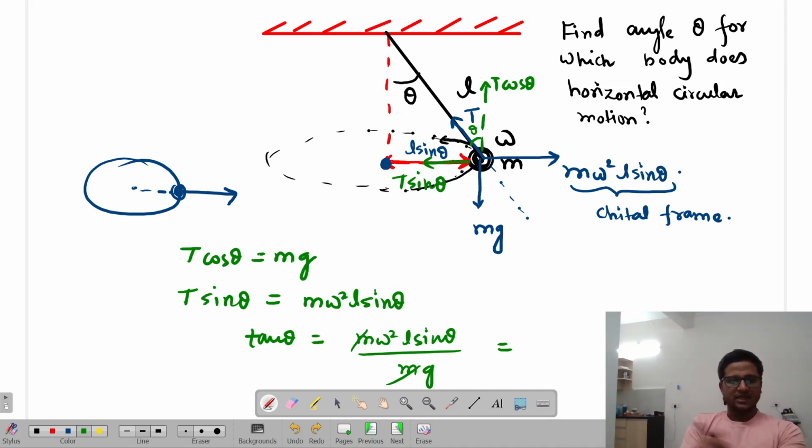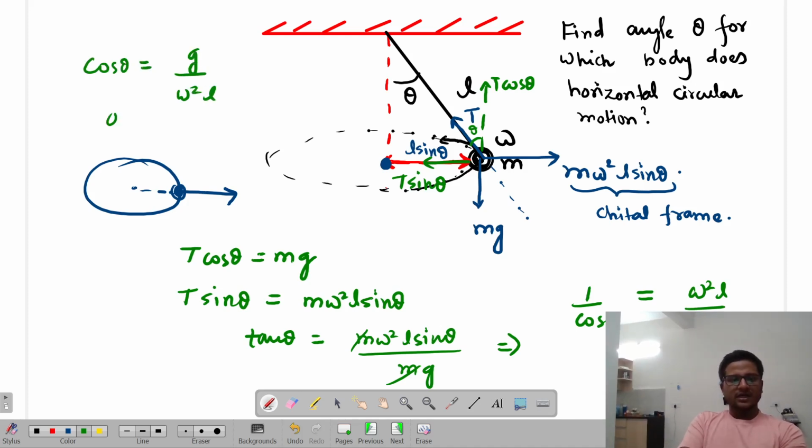Because there is one more sine theta. This sine theta will get cancelled. Okay. So basically, tan theta is nothing but sine theta by cos theta. So 1 by cos theta is going to be equal to omega square L by how much? G. Are you able to get me or not? So then cos theta can be written as G by omega square L, and theta is equal to